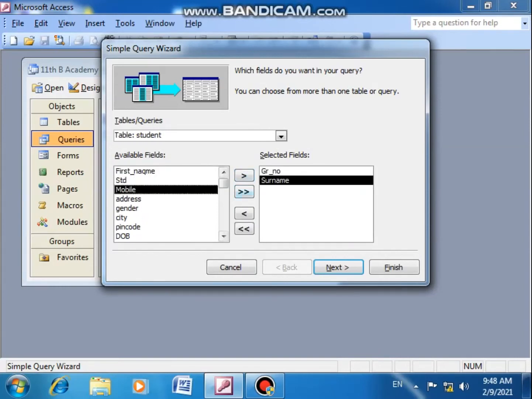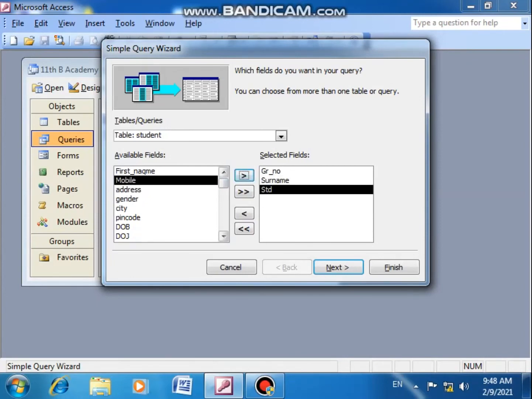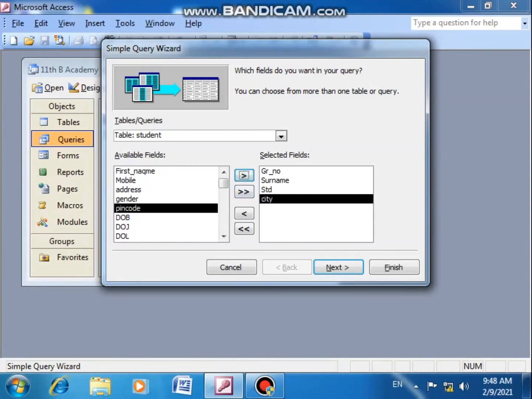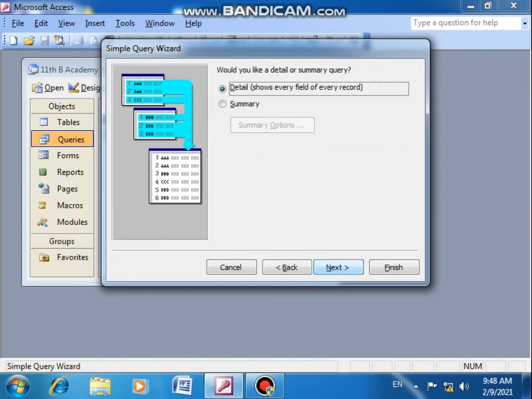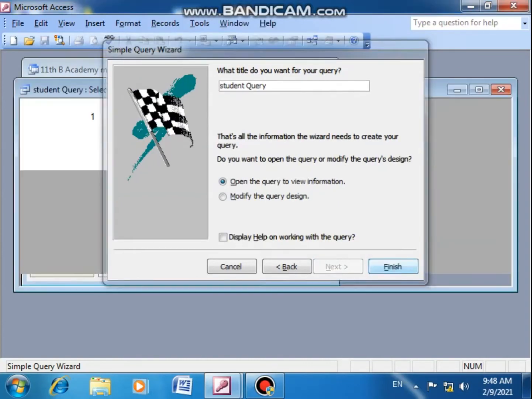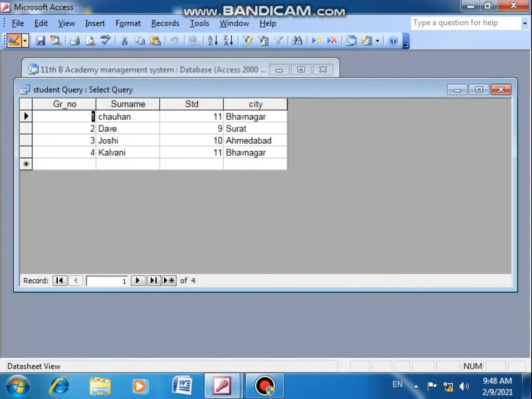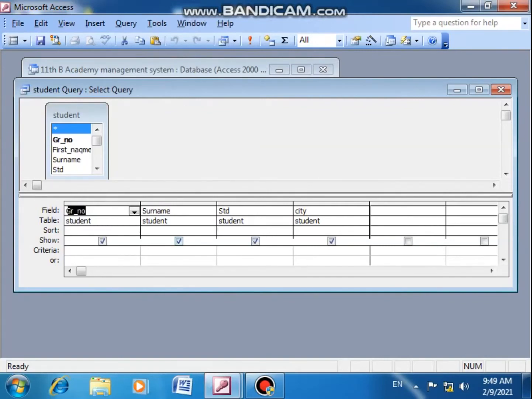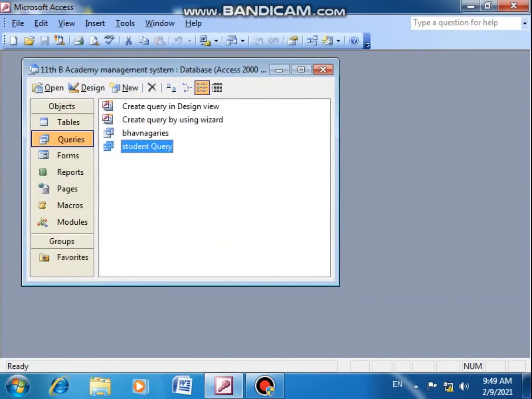Now here it will not provide me criteria. For that again I will have to go to design view. Just see. For example, I took 4 fields, student GR number, surname, standard, anything I am taking. See, it got over in one step. Next, finish. Then again you will have to go to design view from here and then do the editing whatever you want. So the better option is to go for design view.